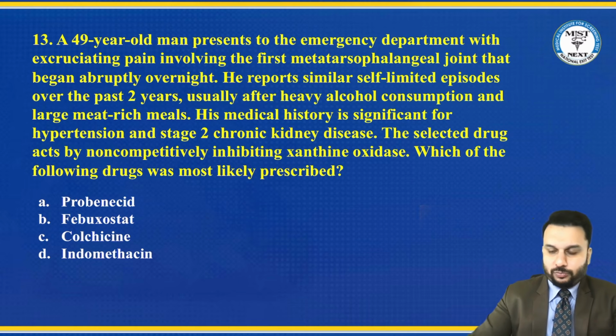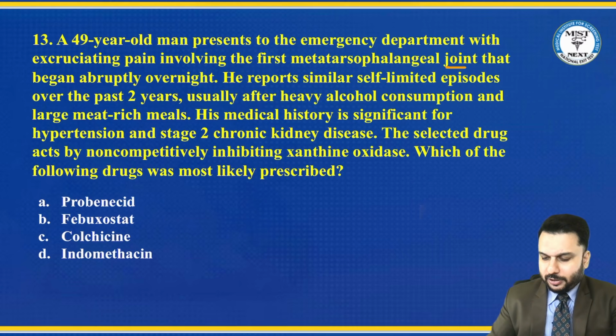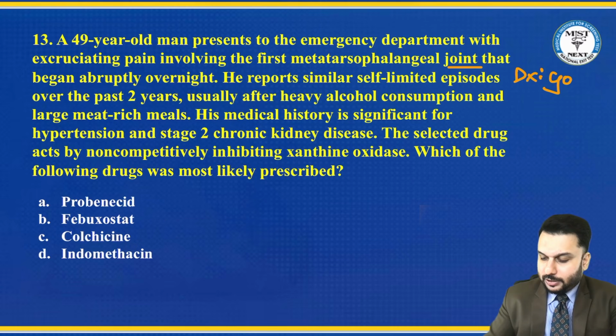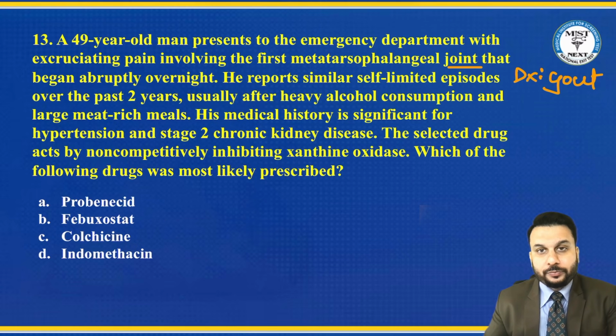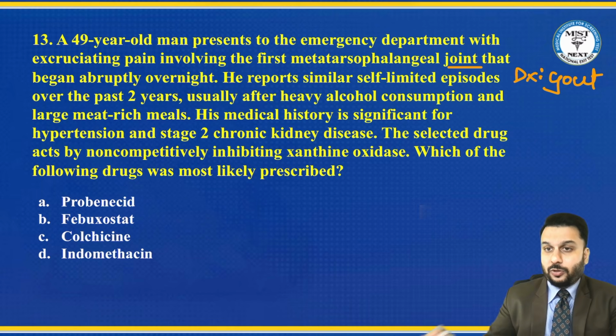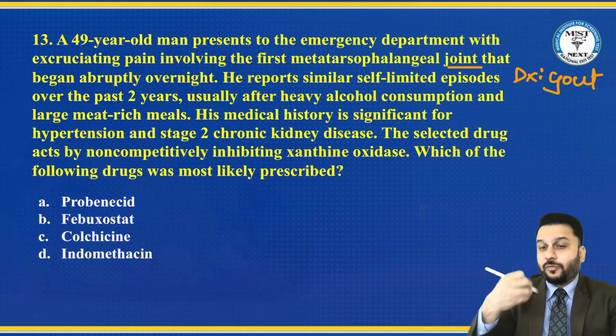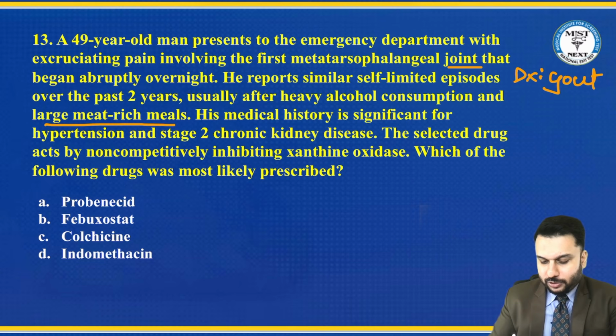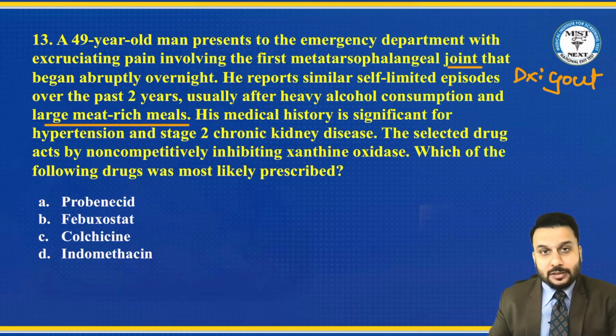Okay, so you must be able to recognize they're talking about something related to joints. There is joint pain called gouty arthritis. So this is a case of gout. How else do I know that? Gout happens when you consume a lot of foods that can increase uric acid, for example purine-rich foods like red meat, etc. Alcohol can also increase your uric acid, by the way.